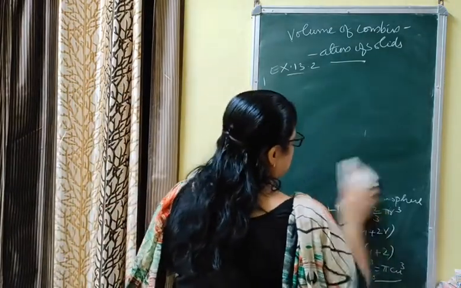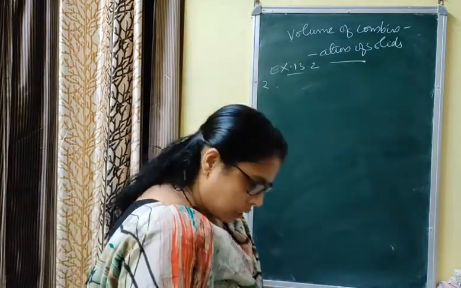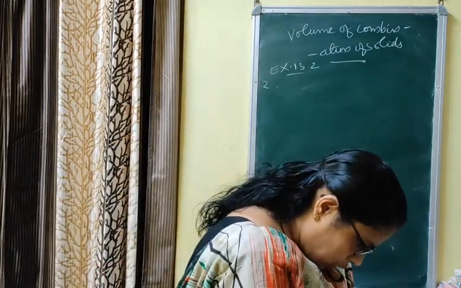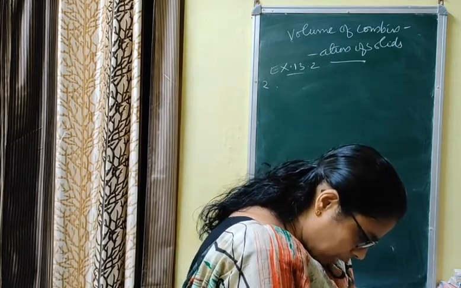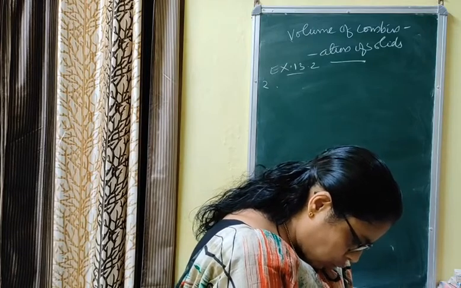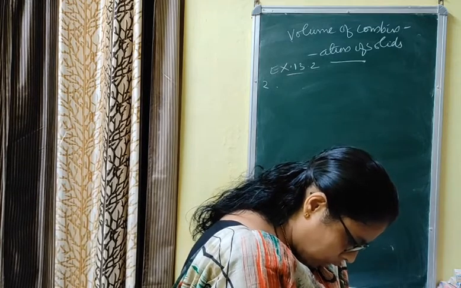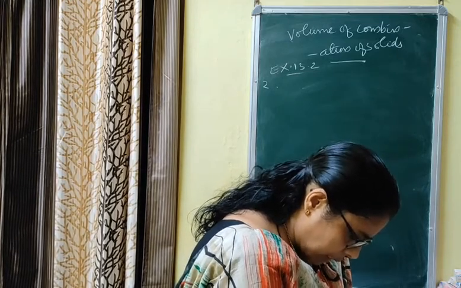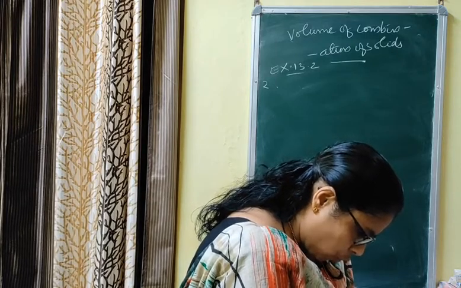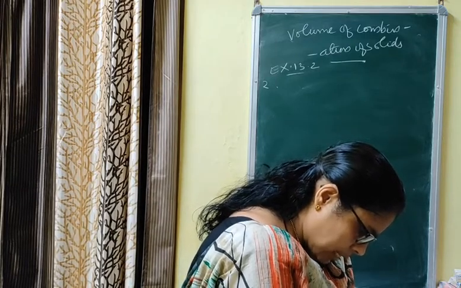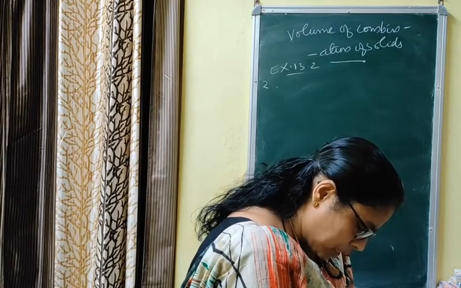Now let us do question number 2. I am reading the question. Rachel, an engineering student, was asked to make a model shaped like a cylinder with 2 cones attached at its 2 ends by using a thin aluminium sheet. The diameter of the model is 3 cm and its length is 12 cm. If each cone has a height of 2 cm, find the volume of the air contained in the model that Rachel made. Assume that outer and inner dimensions of the model are nearly the same.